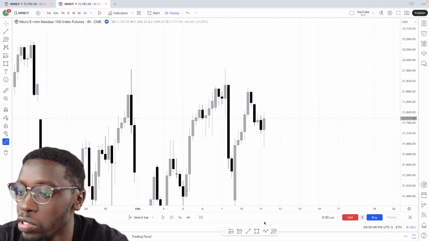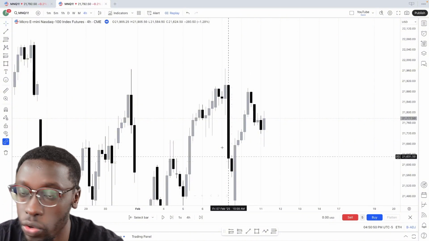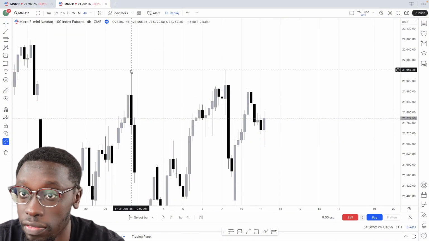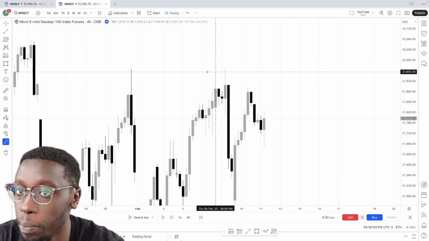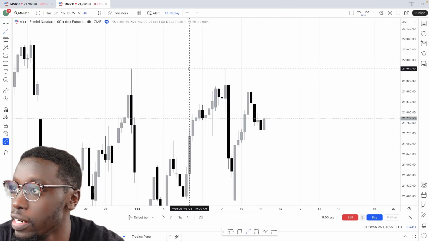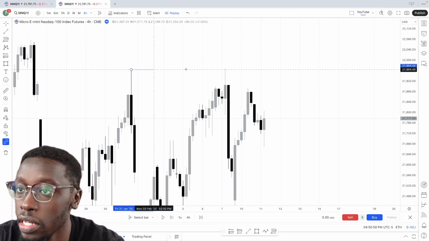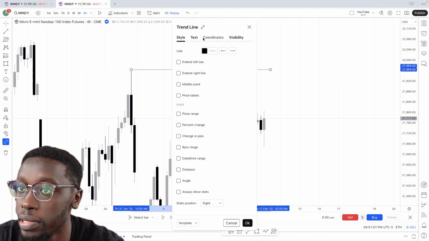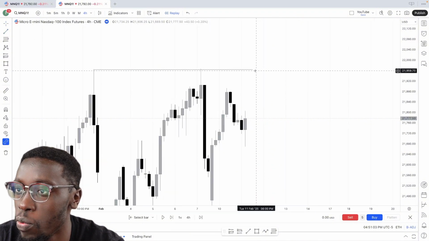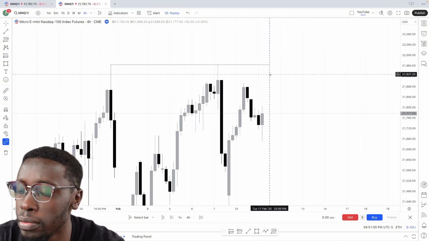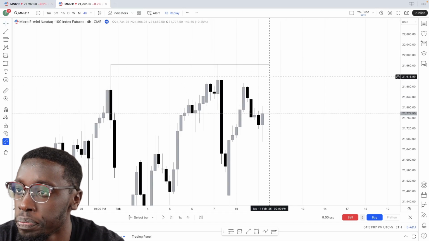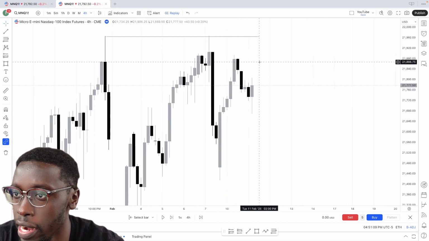The first thing I want to point out on this chart is that we do have these relatively equal highs resting up here at 21,960, 970. I do want to point that out as a potential draw on liquidity. So when I saw that today, I had a bullish bias going into today, primarily because of that, and also